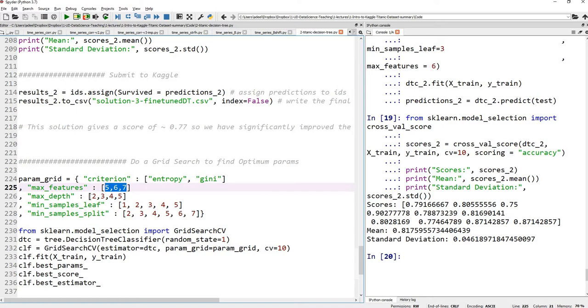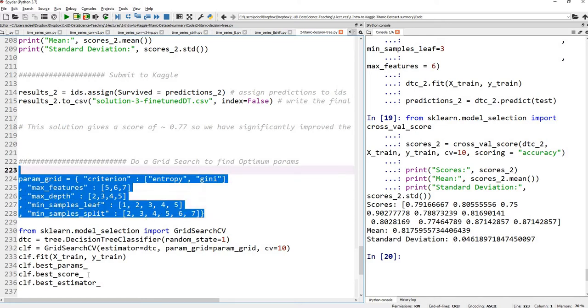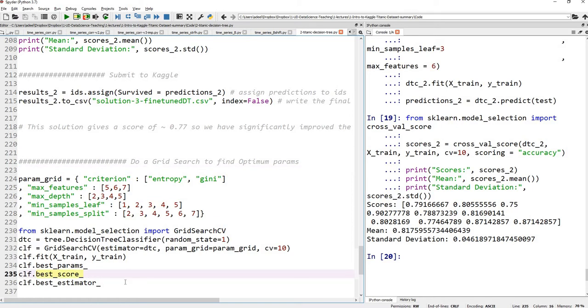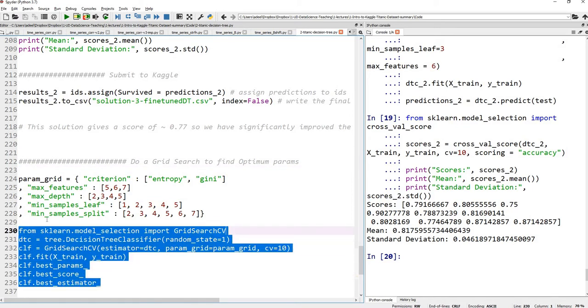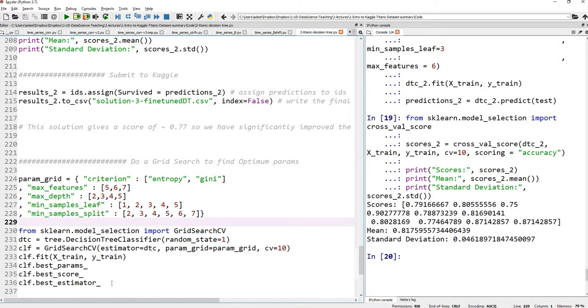And for the max depth, your tree is not going to be that deep, so choose parameters around this range, 2 to 5 or 2 to 6. Try changing this if you prefer. And so with this combination of parameters, run this. I've already run this. And you'll see that you get a best